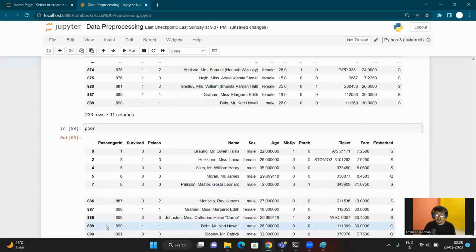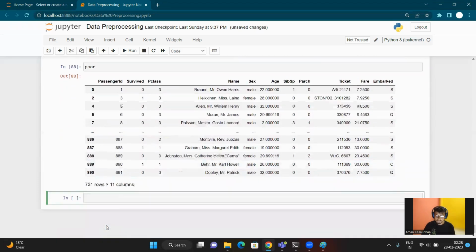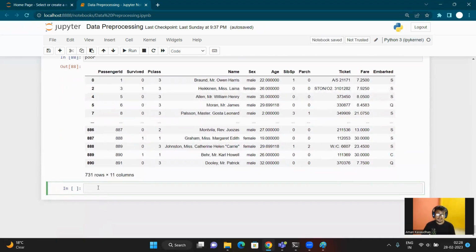But out of that, only 233 people survived. Such a minimum number this is. 233 rows survived. So for that, let's take out the percentage of it. What we are going to do is write print poor percentage,